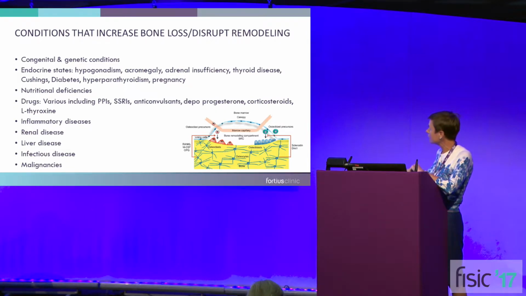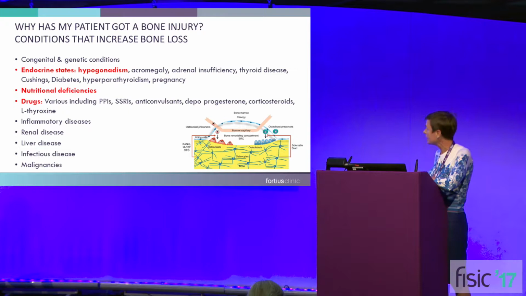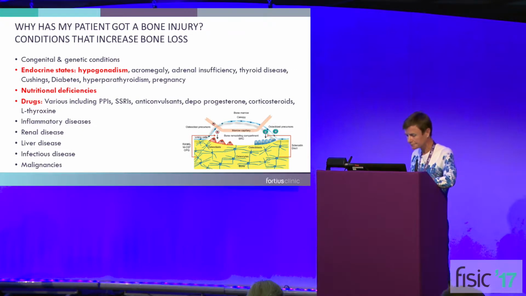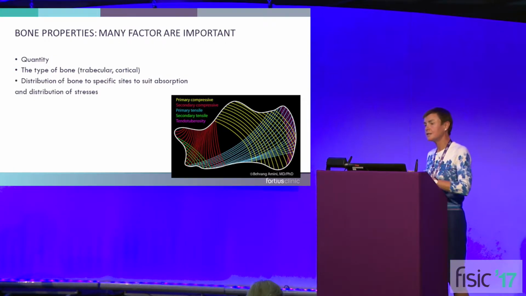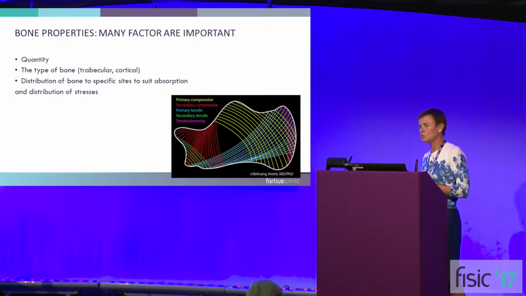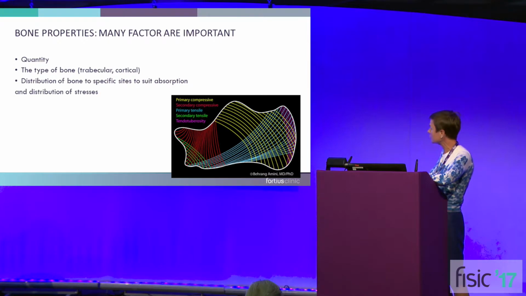And we think about the fact that actually this means that this process of remodeling becomes uncoupled such that the osteoclasts resorb more bone than is being formed later on. And in sport, we would think about things like hypogonadism in the athlete triads, nutritional deficiencies, and various drugs, including proton pump inhibitors. Now, those are the things that we think about in bone health as such. And Rich is going to talk a little bit about looking at bone remodeling.